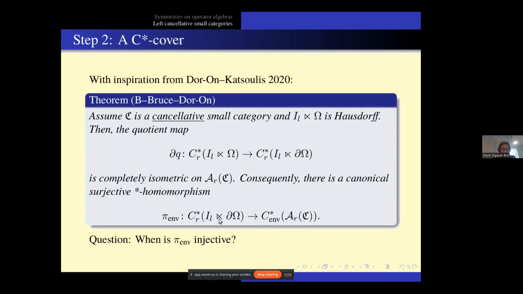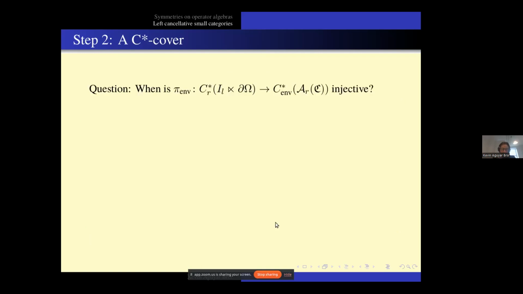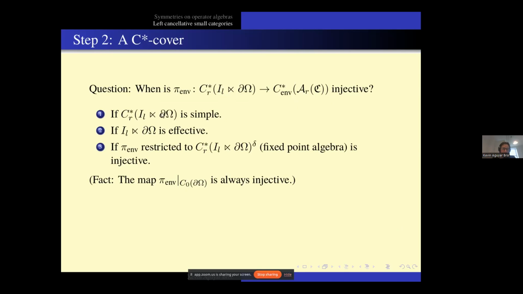Good. So we're in the situation now of having this general surjective star homomorphism. When is it injective? This is the same question. There are some straightforward answers. For example, if the domain is simple, because this is a non-zero map, then this has to be an isomorphism. But also, if we try to take advantage of this being a groupoid C-star algebra, if the groupoid is effective,